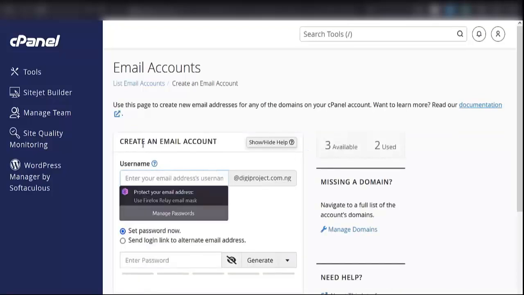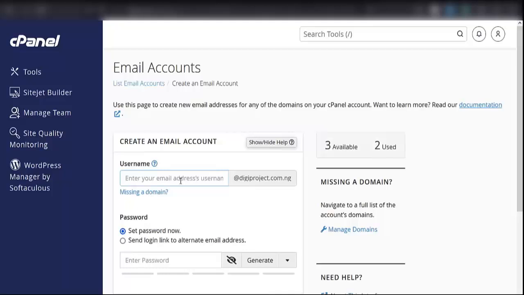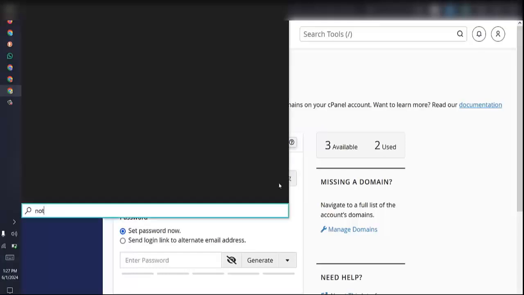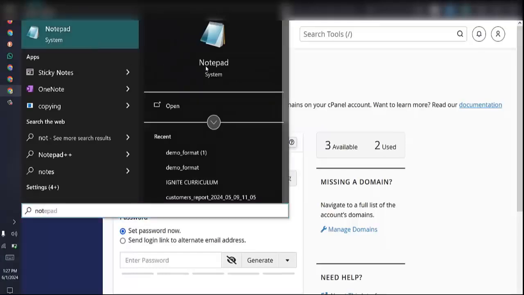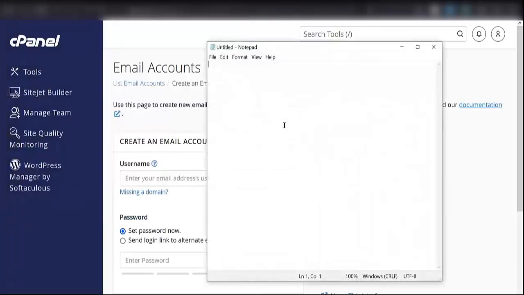Perfect. Now it says create an email account. What is a username? A username is the beginning part of an email, and then this is a domain name. An email actually has two different parts. Let me explain this to you using my notepad. An email actually has two different parts. So you have, let's say,